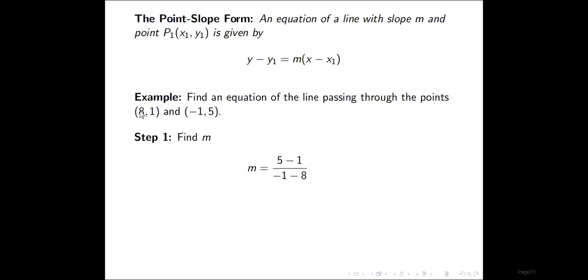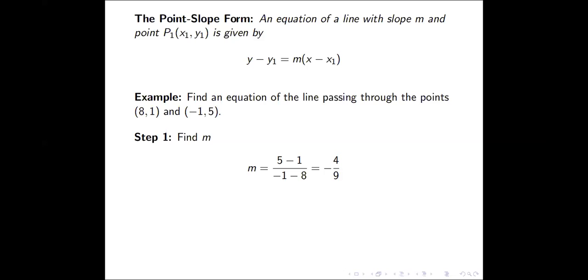Here, this is your x sub 1, y sub 1, x sub 2, y sub 2. So you just compute the change in y, 5 minus 1, over the change in x, negative 1 minus 8. You have to proceed in the same direction for your y and your x so that you get the correct sign for the slope. So we have the value of the slope to be negative 4/9. Is there any question? If you have, just send a message in the chat box or just unmute your microphone anytime. So you compute the slope, you get negative 4/9.